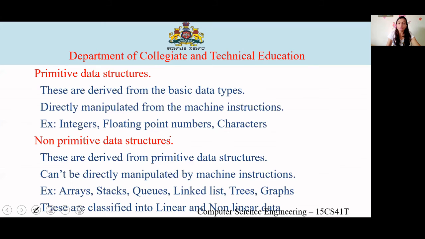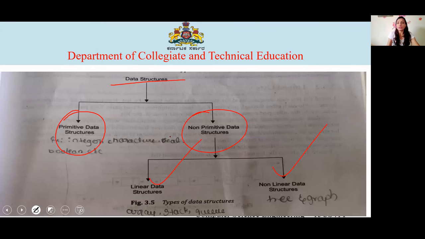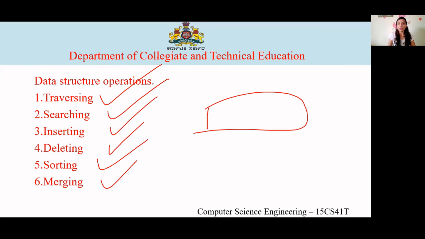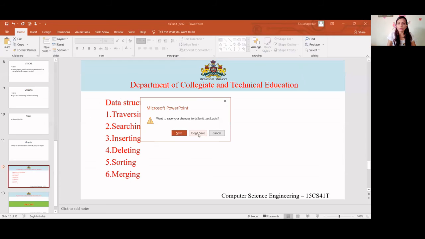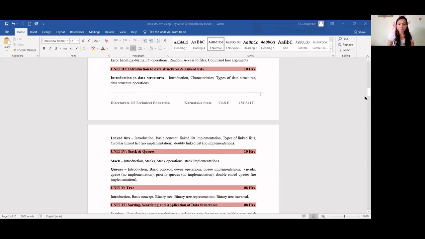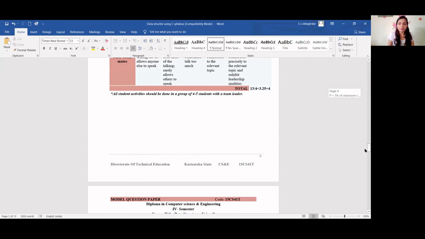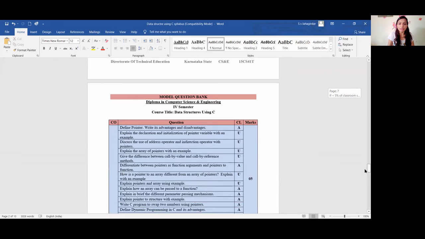So these were the types of data structure. One 10-marks question might come on this, and one more is what are the data structure operations. You have to explain what I have told you. So we'll see some important questions on this. So far, what we have studied, what are the important questions? Let's see that.